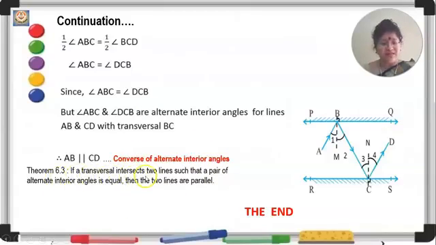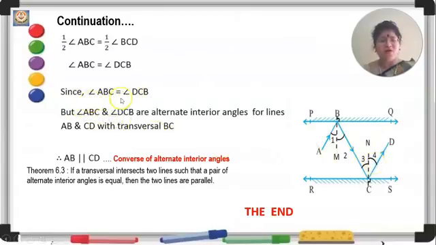So this is the reason, and this statement is nothing but the converse of alternate interior angles. If you go through the earlier video lessons, you will understand what is the meaning of converse of alternate interior angles. Converse of alternate interior angle states that when a transversal intersects two lines, and if a pair of alternate angles are congruent,